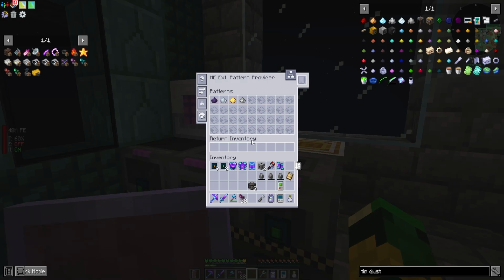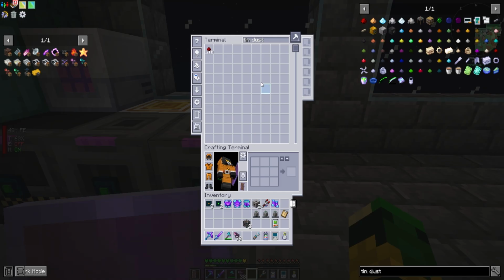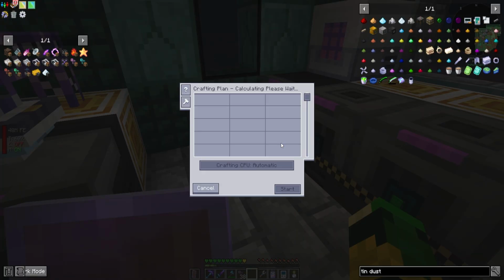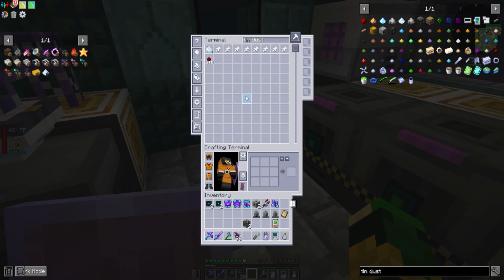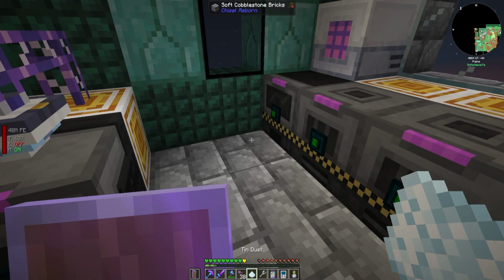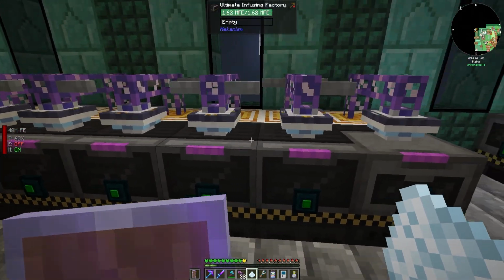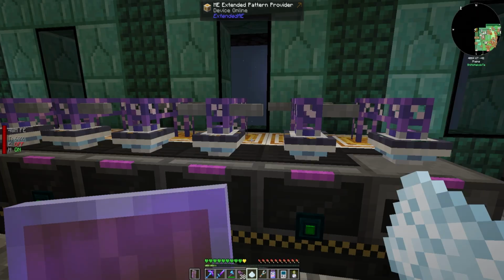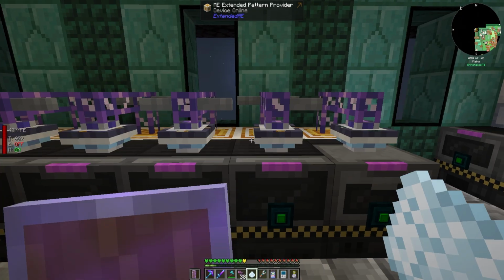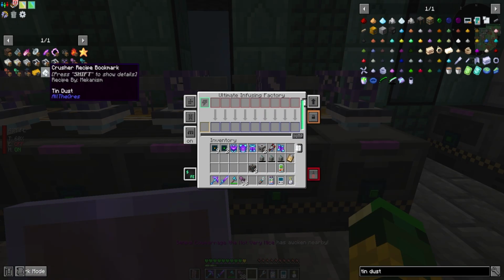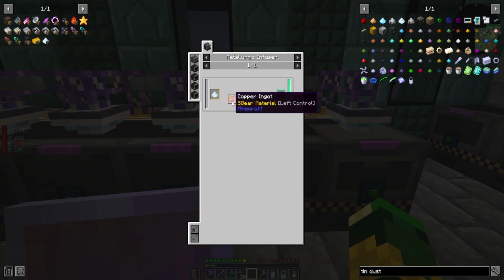Cool. And then do we have a recipe over here for tin dust, iron, osmium? We do not. So let's make a recipe for tin dust. All right, we need to do just a little bit of math before we finish this recipe up. So I want one piece of tin dust. That gives me one of those. I'm going to put that into... Have anything in this one yet? Nothing in that one, nothing in that one. Let's use this one right here. Okay, so we're going to put one piece of tin dust in, and that gives us 10 millibuckets. Okay, and I think that's exactly what we needed.